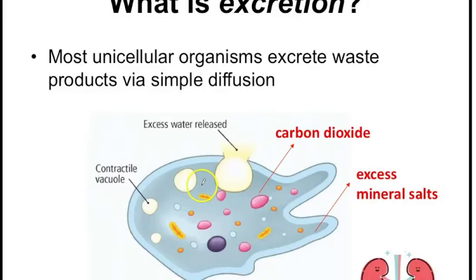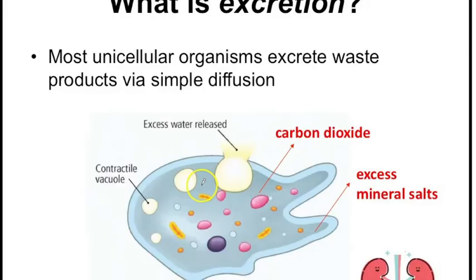For example, you can look at the diagram. We have carbon dioxide getting out of the organism through diffusion. You can see that the arrow is red in color. So carbon dioxide gets out of the organism through what? Through diffusion. Excess mineral salts get out of the organism through diffusion, and excess water is released through the contractile